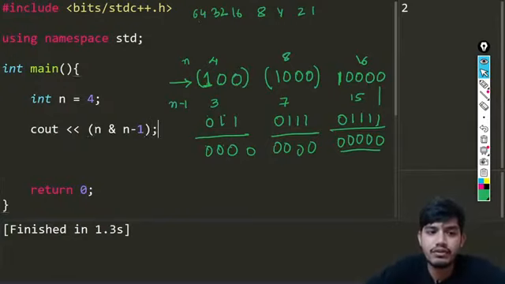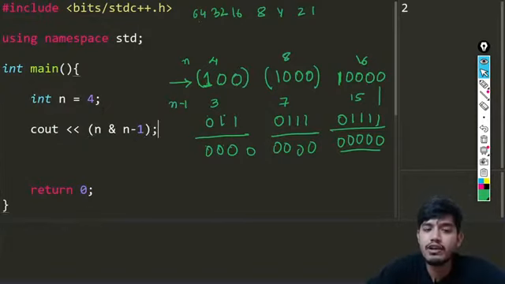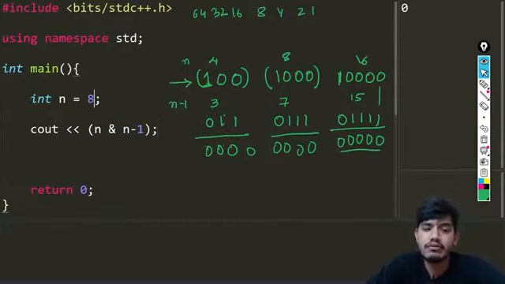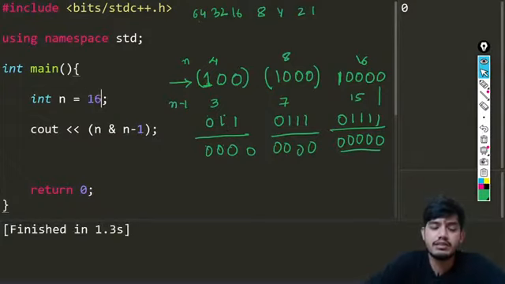So let us see the value for this. The value will be 0 basically. All the bits will cancel each other, and the answer will become 0 in this case. Okay, so if I have a value like 8 and I run the code, you can see again you'll be getting 0. If I do 16, again you'll be getting 0. But if I do 17, you can see we will not be getting 0, we'll be getting something else. We're getting 16 instead.